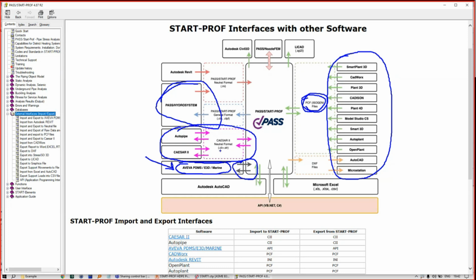You can transfer the structural and CII file, Caesar2 neutral format file. You can open Caesar2 files and you can save Caesar2 files. Also, we have integration with Autodesk Civil 3D with Pass Nozzle FEM. It's seamless software. We have integration with LiCAD